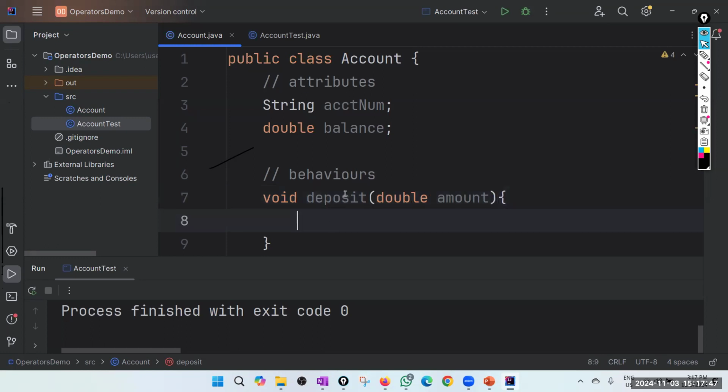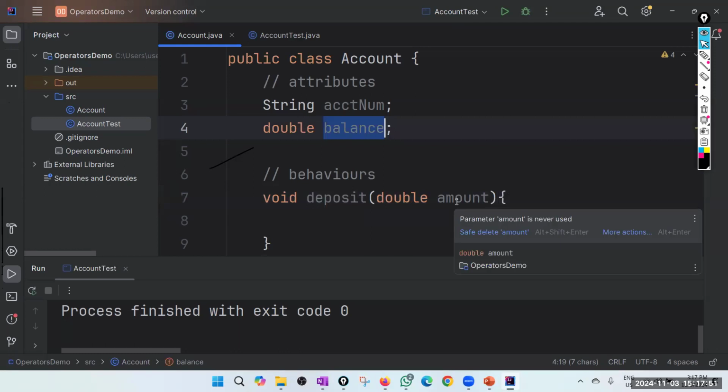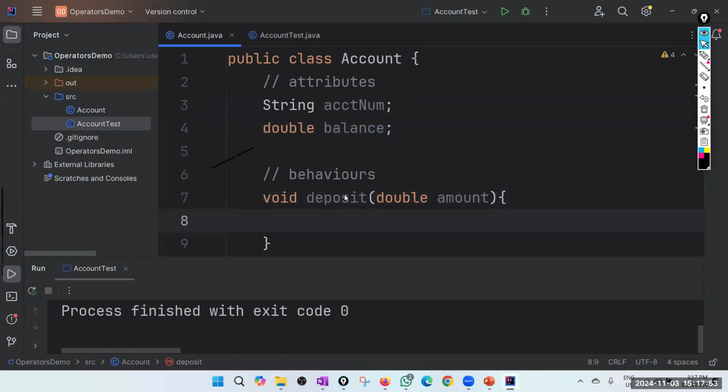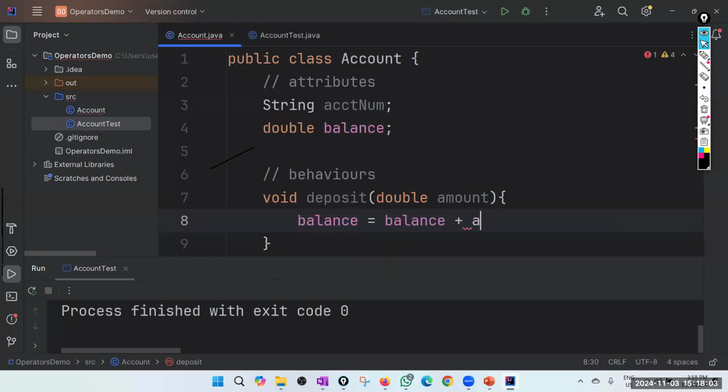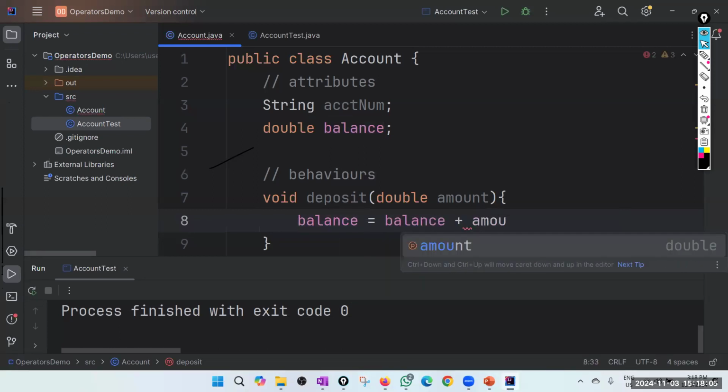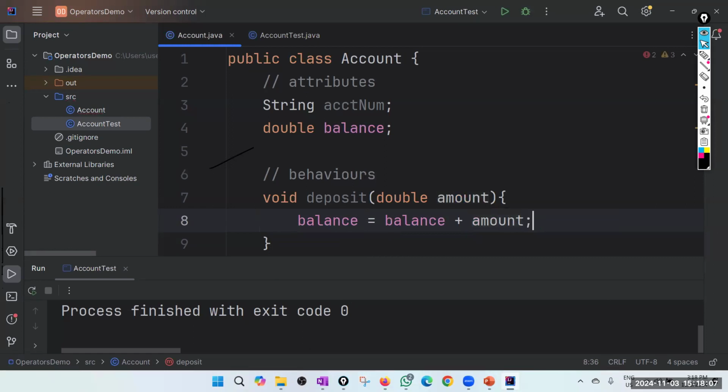So here you can say balance must be incremented by this amount. Balance equals balance plus amount. Or, if you want to write it short, you can say balance += amount.